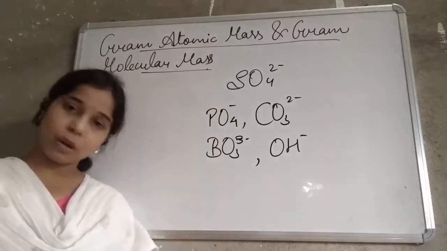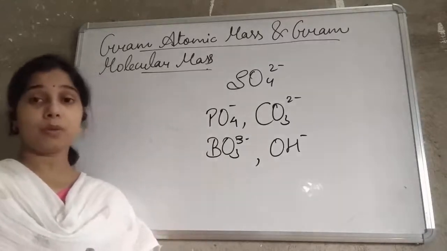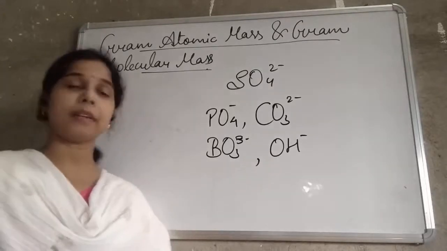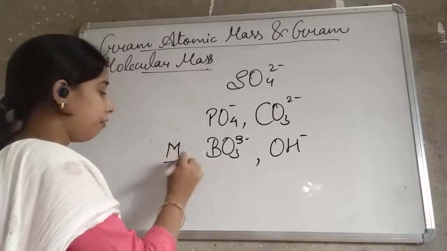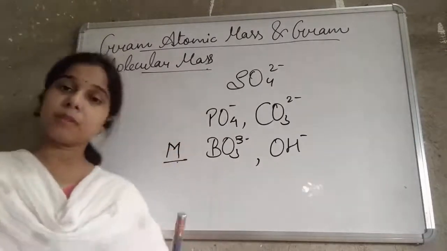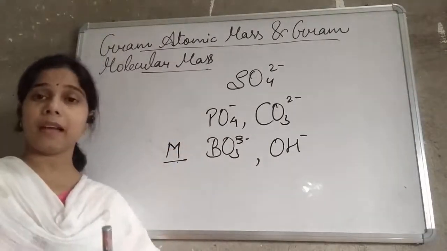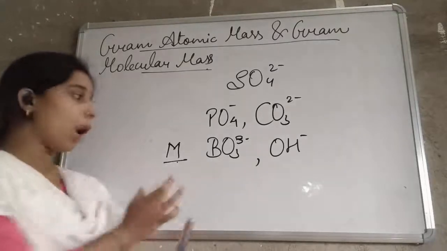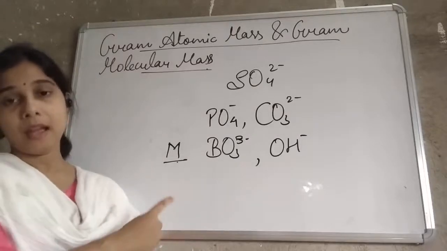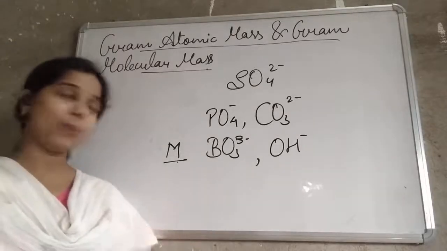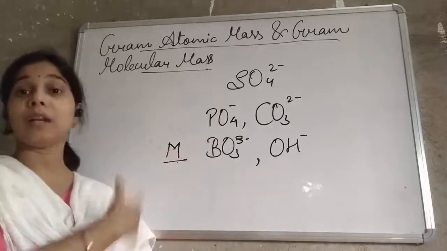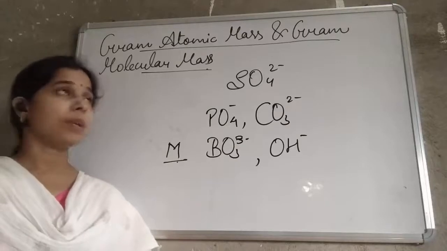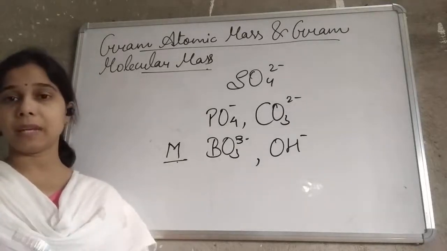We also came to know that if the name of the metal is not given and it is simply written as M, and this M is combined with another element to form a compound, how we will find the valency of this M, and how with that valency we can make the formula with the other anion also. So we came to know how we can make the formula.